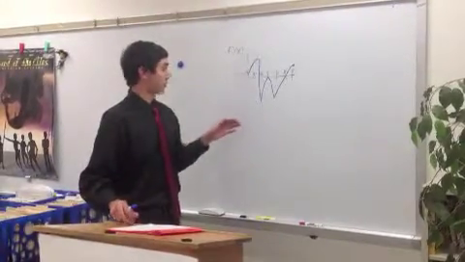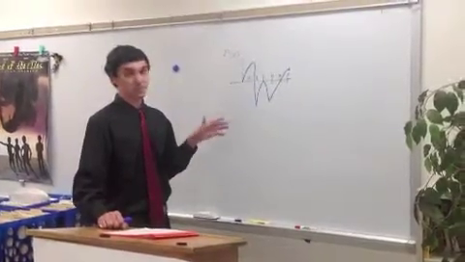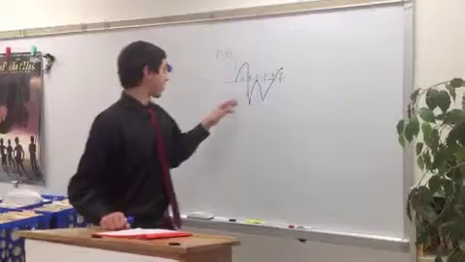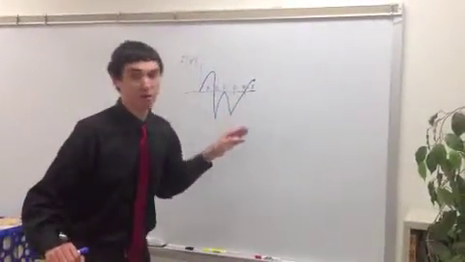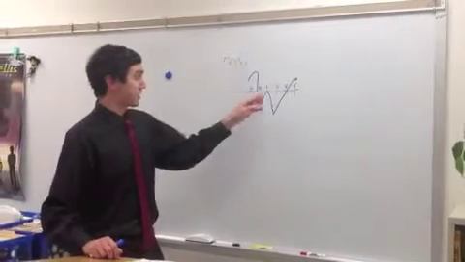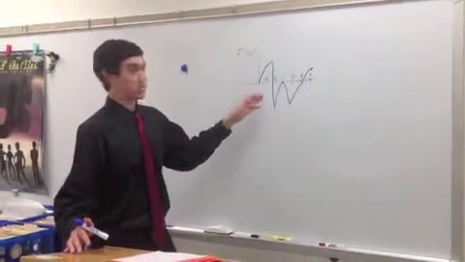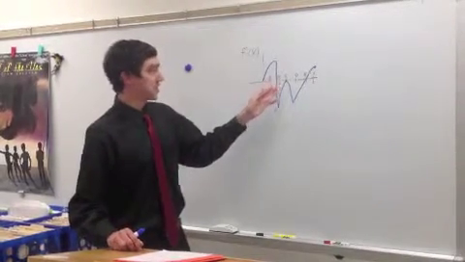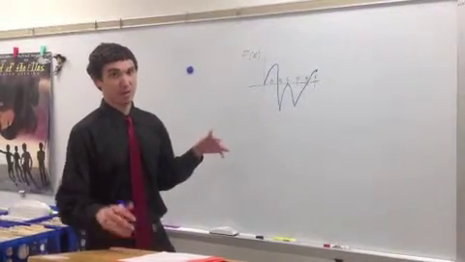So for the critical points, it's anywhere where f prime of x is equal to 0. So f prime of x is equal to 0, as you can see at points b, c, and e. However, only points b and e will be a relative min or max because f prime of x is changing sign at those points. At c, f prime of c is not changing sign, therefore it cannot be a relative min